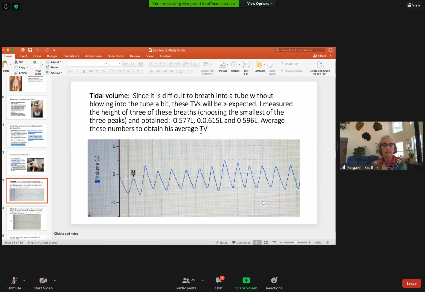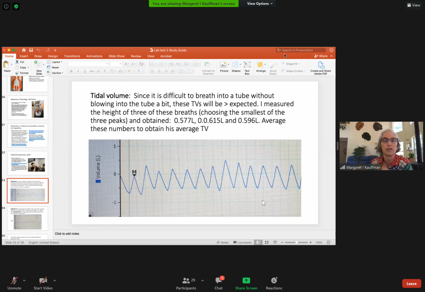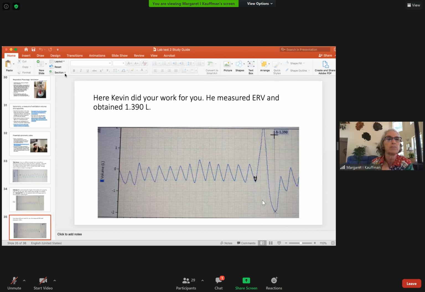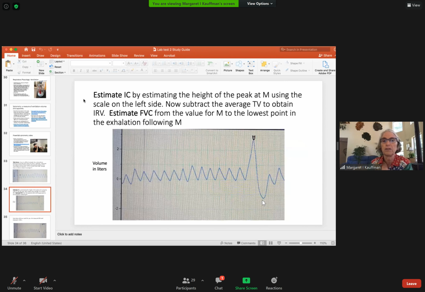Now you're going to need that tidal volume because everything else you're going to measure are largely capacities. So you're going to have to do the subtraction to get rid of tidal volume and figure out what the others are. Okay, all right, so then after he did this breathing tidal volume, he did a major inhalation and exhalation. And one other thing I wanted to point out, and I forgot about this, is one of the challenges of doing it with this